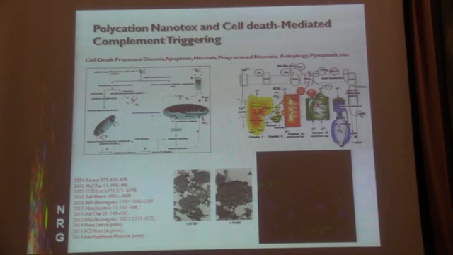Finally, I'll just briefly touch on this process of polycations and the cancer, which I promised you at the beginning. We are doing a very systematic study in terms of how polycations can actually induce cell death by going through all the pathways in the cell, such as mitochondria, electron transport. And we recently showed that many polycations can interfere with the activity of cytochrome C oxidase, and we have shown how the electrons are actually interfered by adding the polycations, and also the formation of these halo structures, which is a kind of a programmed necrosis, if you like, which actually happens on the addition of this type of